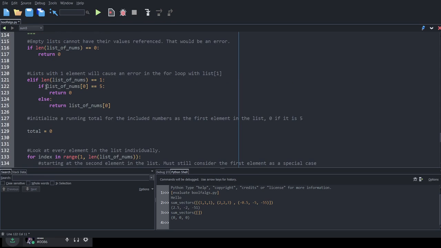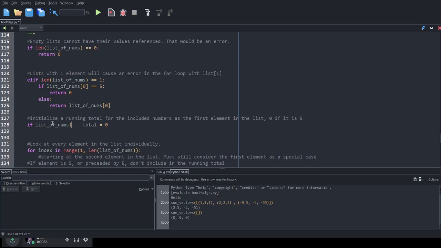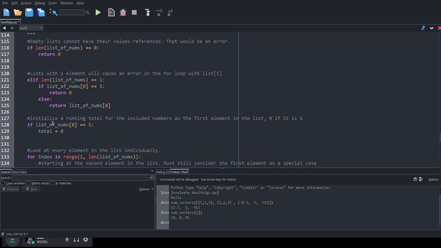If we get down here, we know that the length of the list is 1 or more. So if the first thing in the list is equal to 5, we're going to initialize total to be 0 because 5 is the number that we want to disqualify.